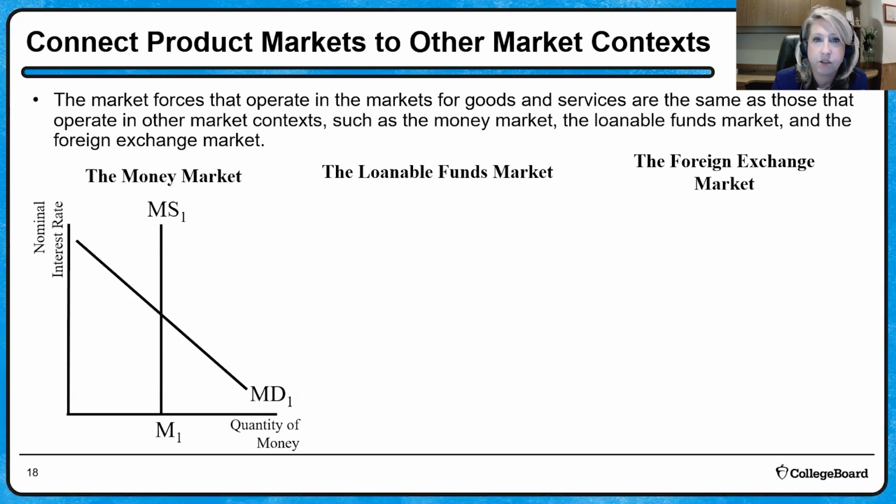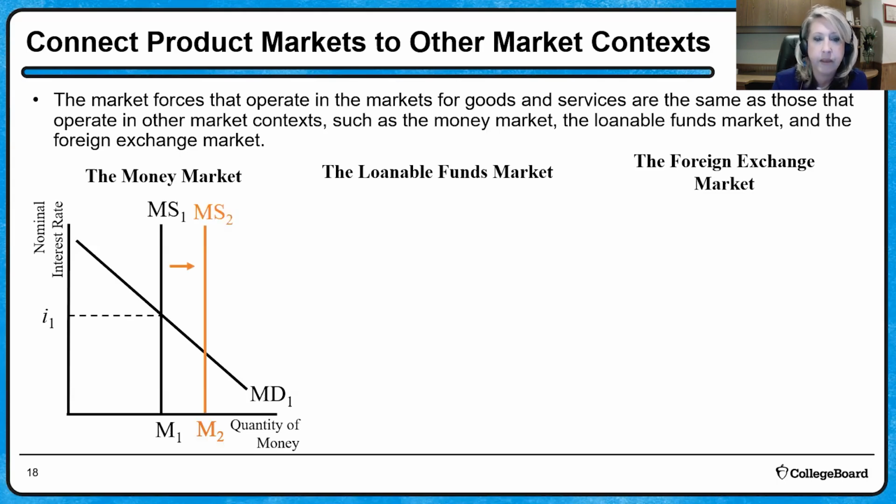And in this graph, to represent the control over the monetary base, we indicate that the money supply is vertical, or independent of the nominal interest rate. So in this model, we represent the supply of money vertical. So the symbol that you can use for nominal interest rate is a little lowercase i. That is not as important as getting that nominal interest rate right. So interest rate, quantity of money, symbol for nominal interest rate, and then indicate the quantity of money on the